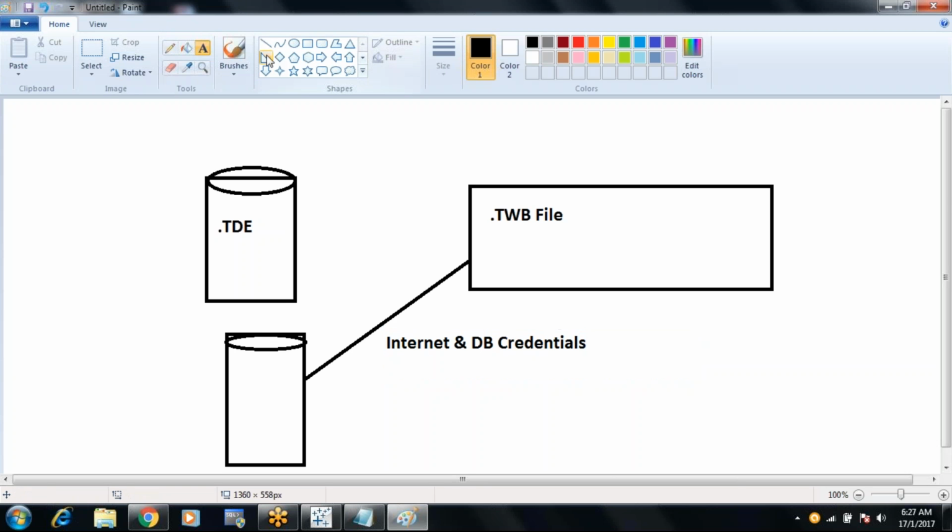Suppose it is connecting to a live extract, nothing is required, but I should always keep the TDE file in the same location. The same location means the same machine, then only it's acceptable. So if I want to share this TWB file, when it is a live connection, you should have the internet and database credentials. Suppose I send an extract connection report,